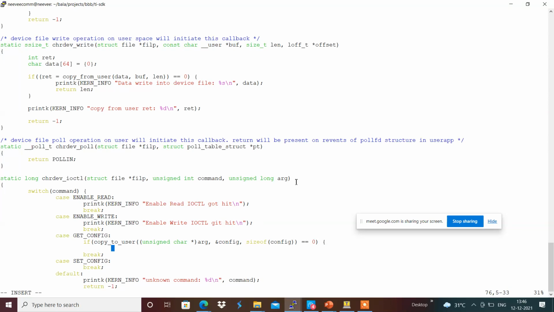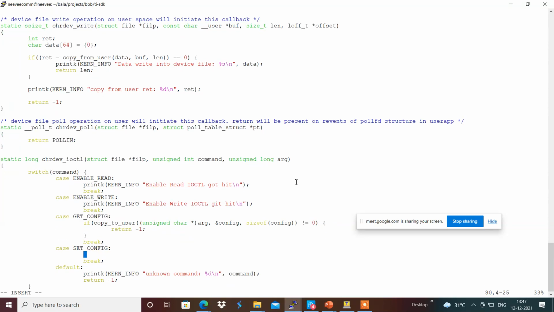And in the same way, suppose copy_from_user for set config: from the user space, the user application is sending the configuration information to the kernel space. For that I am going to use config comma unsigned char star argument comma size of config over here, so we will be getting the data accordingly.